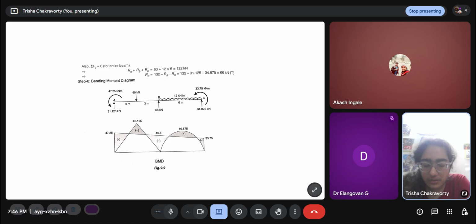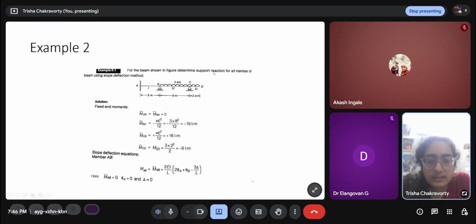Yes, ma'am. Okay. So there is another example here. So there are one, two, and I think three spans we have to take here. When you are solving a problem using the slope deflection method, first of all you can look at what the unknowns are here. So theta b is an unknown, theta c is an unknown, and here at d theta d is an unknown, and there can be a displacement also here. Technically it could have had a displacement in the axial direction also, but since there is only vertical loading, there won't be any axial displacement. We know that.